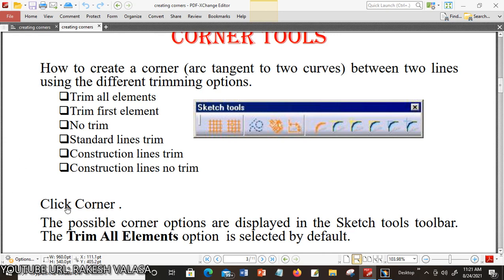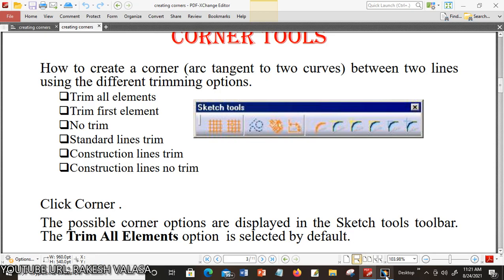When we choose the corner option, the possible corner options are displayed in the Sketch Tools toolbar. Already I said these 6 options are displayed in the Sketch Tools toolbar. In this, the trim all elements option is selected by default. Now I am going to explain these 6 options directly in the CATIA V5 software.